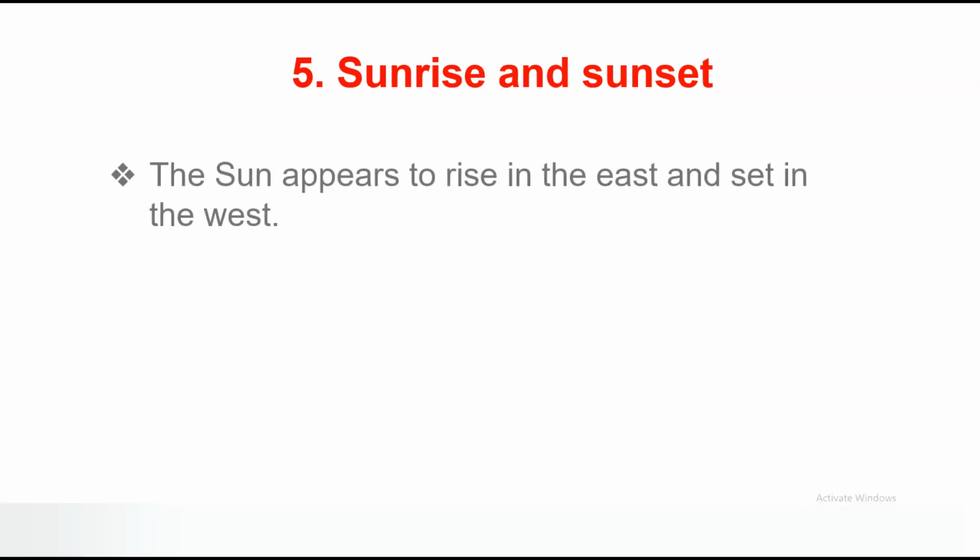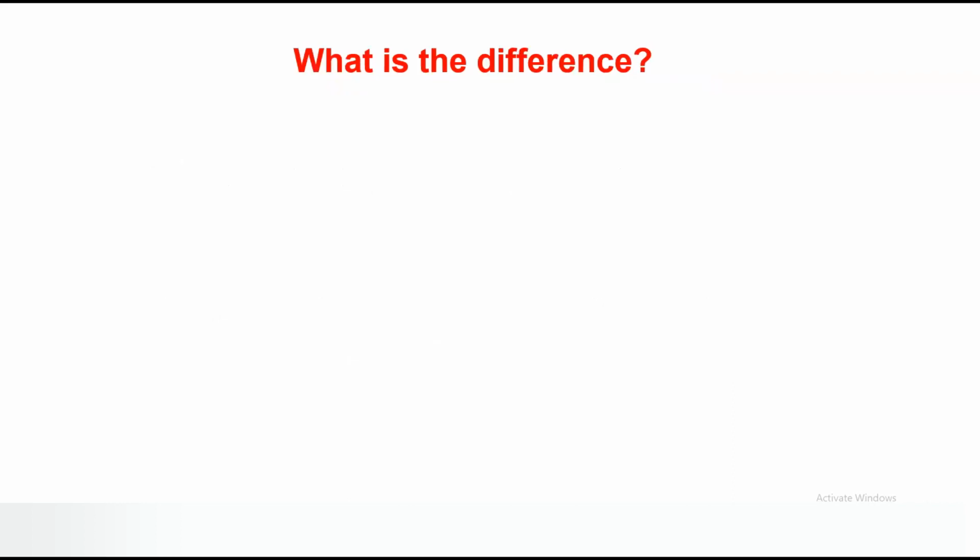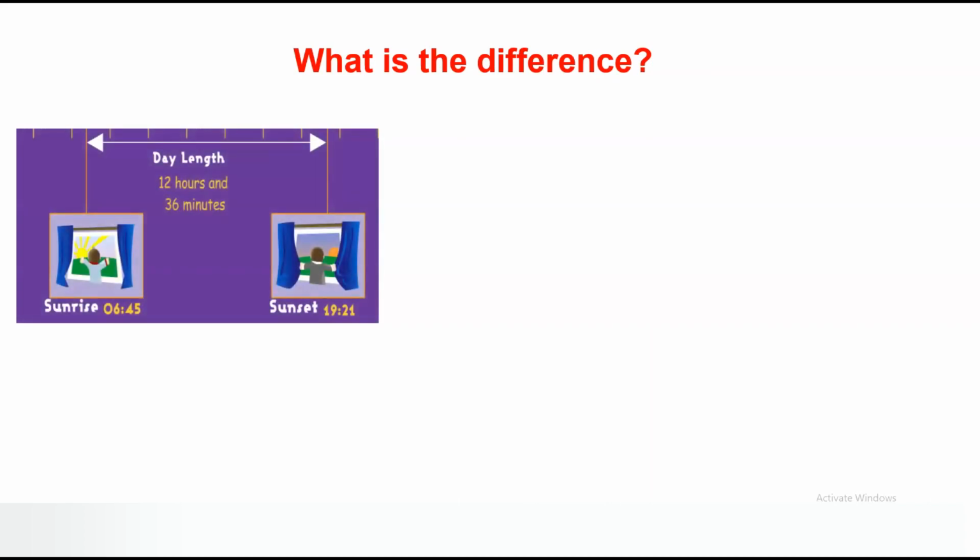Sunrise and sunset. The sun appears to rise in the east and set in the west. Sunrise and sunset times and the length of day change every day throughout the year. So what's the difference? Okay. On this date, September the 16th,